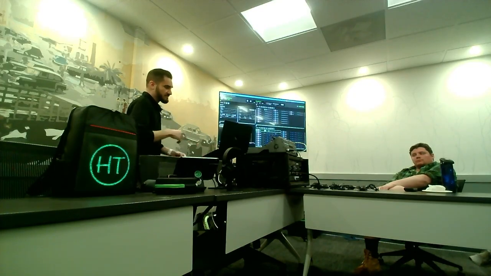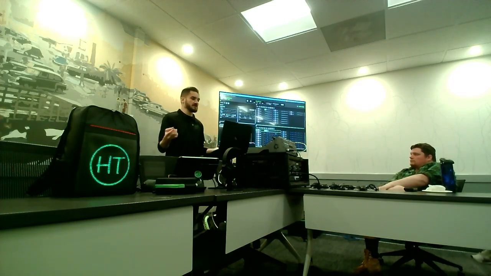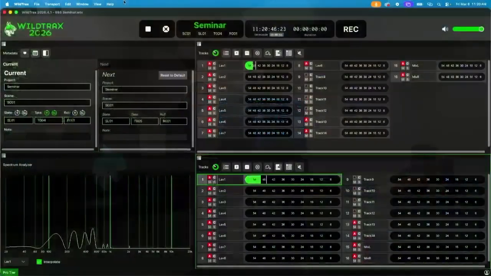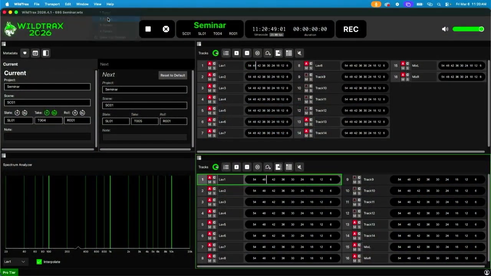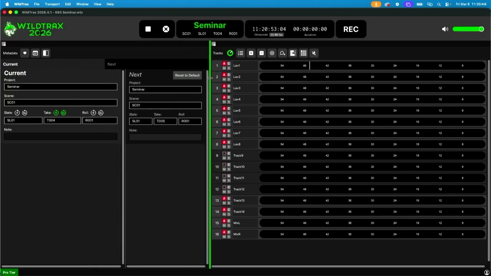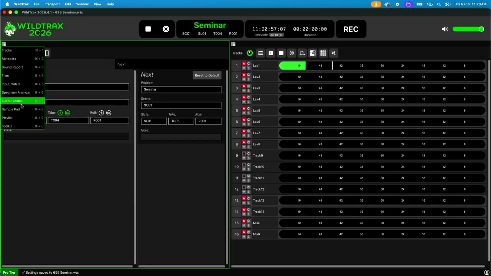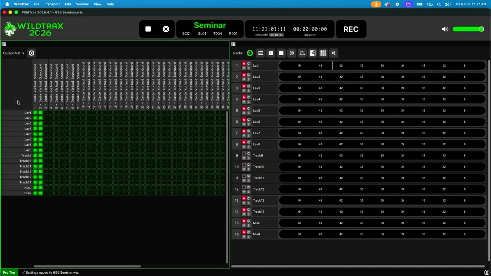So the only thing left we haven't really talked about is output, and two of the more fun panels. I'm going to go back to a two-panel view so we can get embiggened. And I'm going to go to my sample pad. Well, let's go to the output matrix. So we set output matrix. So here on the output matrix,